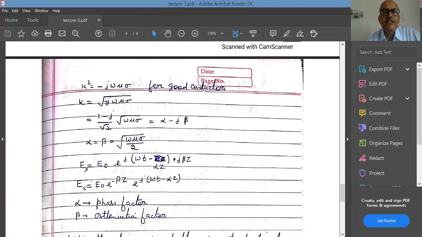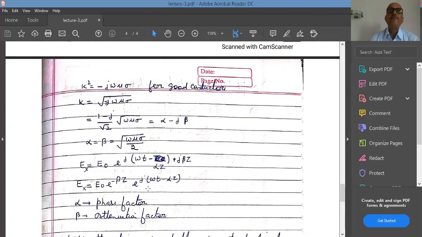So the phase factor here is dictated by alpha, and because of j square, that is minus 1, the beta term comes outside of this sinusoidal term, that is e to the power of j into (omega t minus alpha z). So that is the reason why alpha is called a phase factor, because alpha is responsible for changing